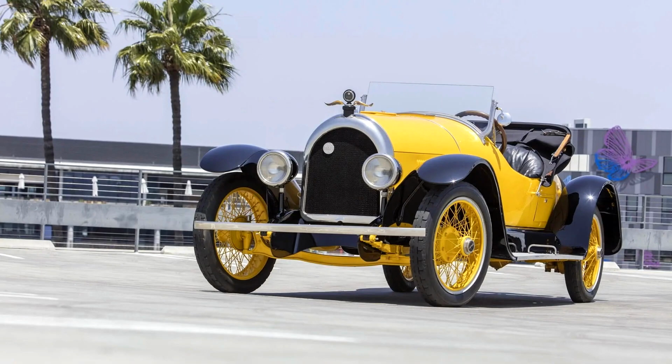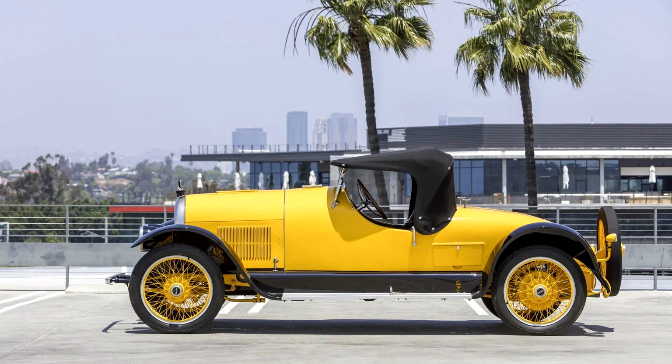Best remembered of the Kissel offerings is the jaunty two-passenger Speedster, with its boat-tailed rear end and cut-down doors, an automobile practically designed to accompany a raccoon coat and a flask of Canadian Club. Most often seen in chrome yellow with black fenders, it was popularly known as the Goldbug, a name suggested in